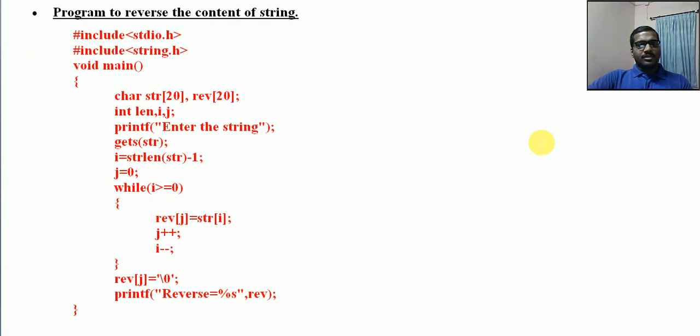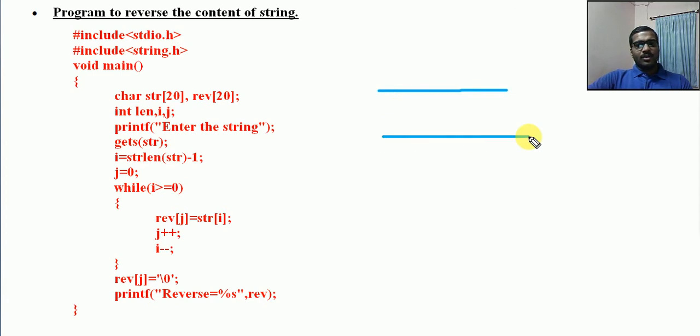So, reverse the content of a string. This program is given in a simple format. Here one string will be reversed, meaning I display it in reverse order using a second array. That means an array in this order will be displayed in reverse order in another array.